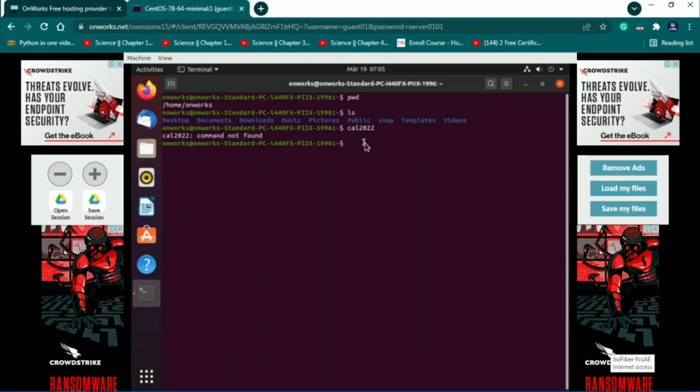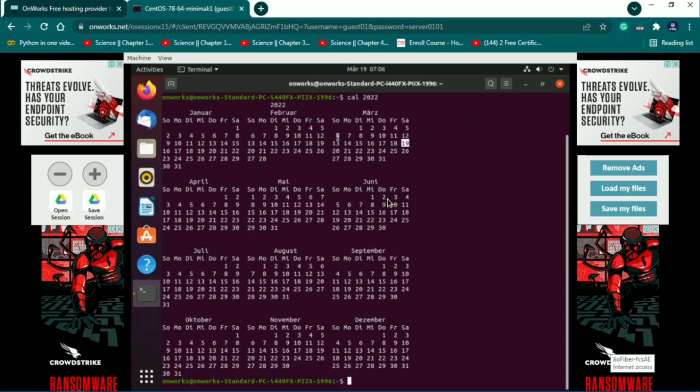Okay, cal 2022. Click enter, and this is the bonus command, guys, and this is the most interesting command, which will show the full calendar of this year. And if you type here cal